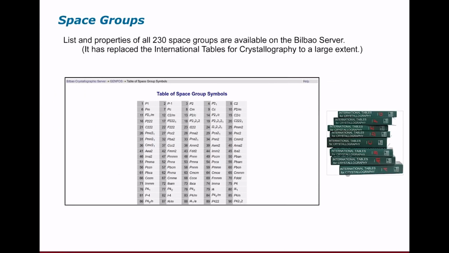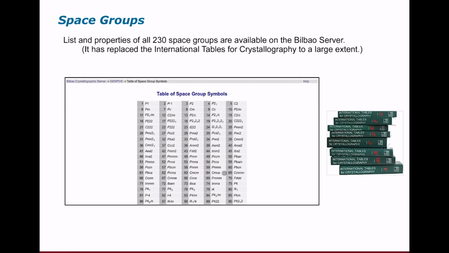Now, if we were having this discussion about 20, 30 years ago, I would probably be referring to these International Tables for Crystallography, which are published by the International Union of Crystallography. Each one of these is about 1,000 pages, and I think the libraries nowadays don't even buy the physical copies. There are PDFs of those available. But for practical purposes, if you don't like searching for things in 1,000-page tomes, you can use, for example, the Bilbao Crystallographic Server that I mentioned before, which gives you a whole